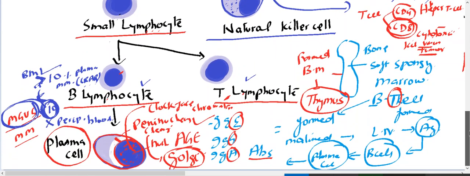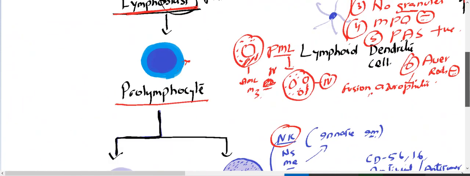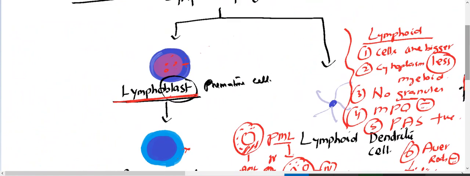And again, I forgot to tell one important point. These small lymphocytes play an important role in CLL, chronic lymphocytic leukemia, and then the lymphoblast plays an important role in ALL, which is mostly seen in